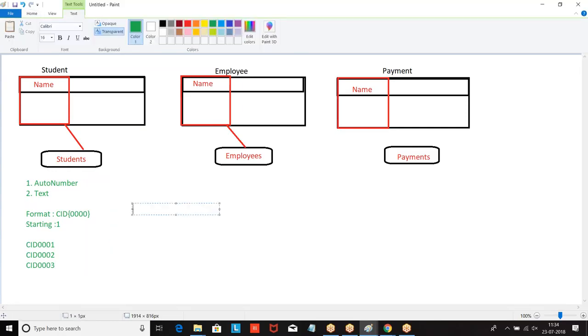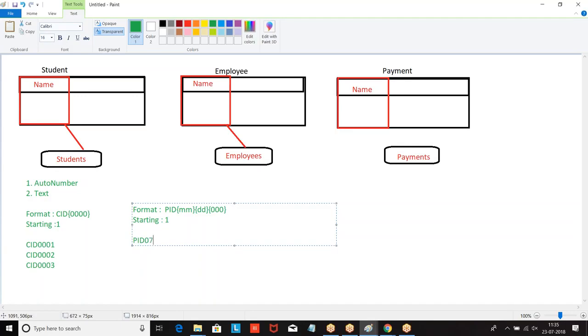Let us say I have given a format of payment ID, month, day, starting number.